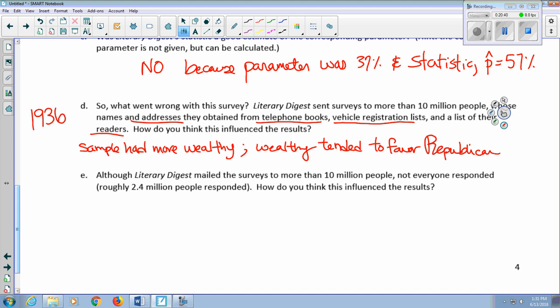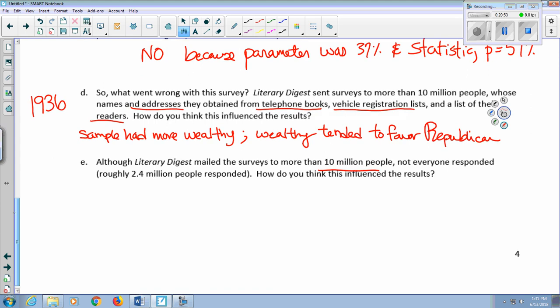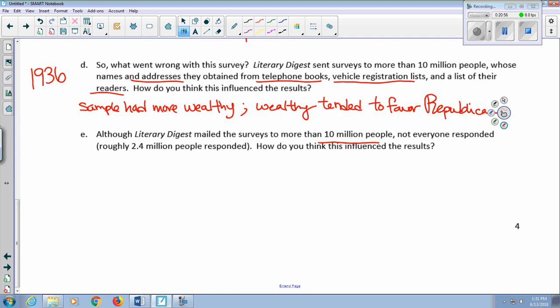And although Literary Digest mailed the survey to 10 million people, another important thing is that not everyone responded. In fact, 2.4 million people responded. And how do you think that influenced the results? So again, just think about it at your house when you get a letter in the mail asking you to fill out a survey. How often do you throw that out? And when don't you? When do you fill it out? Well, most of the time, people fill out surveys when they have something they want to say. They're probably unhappy. And so since Roosevelt was already the current president,